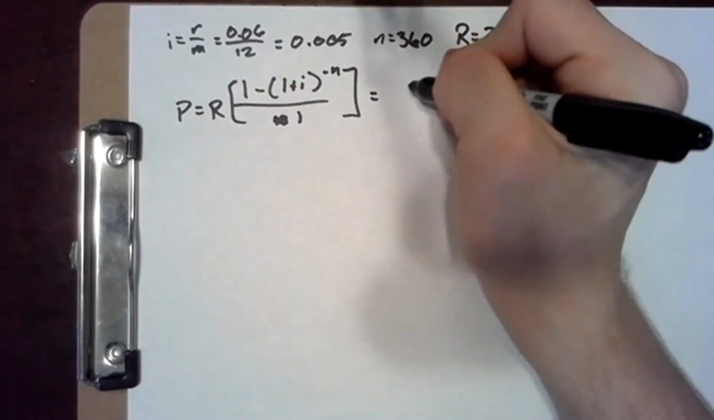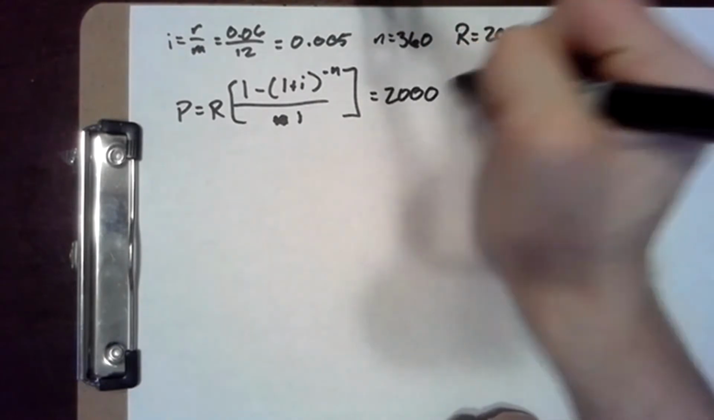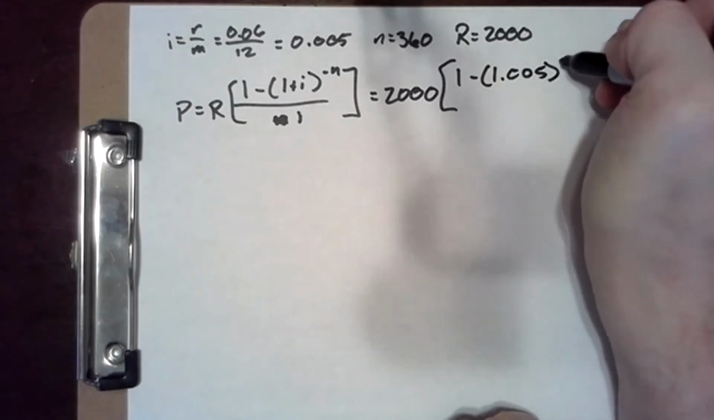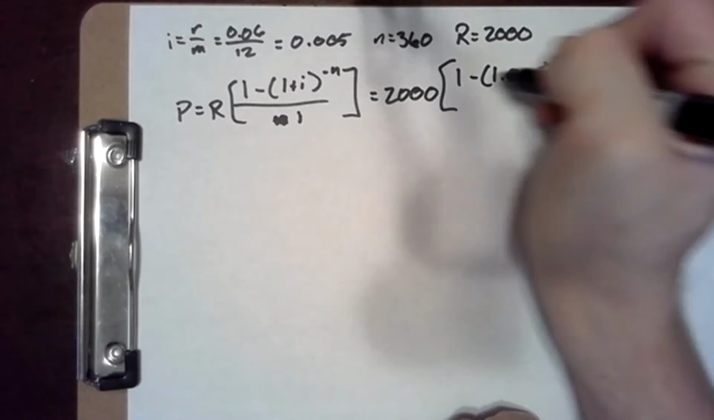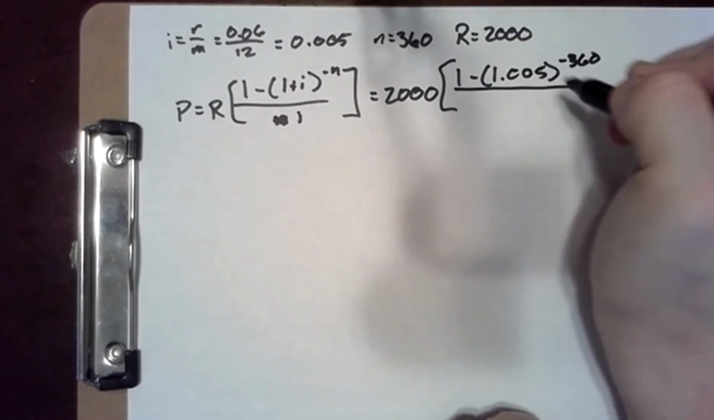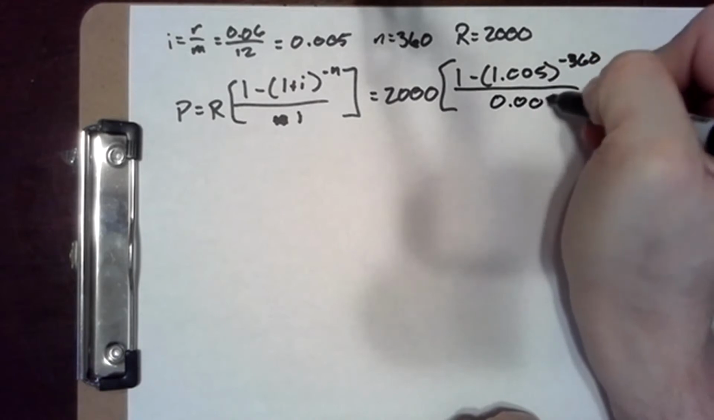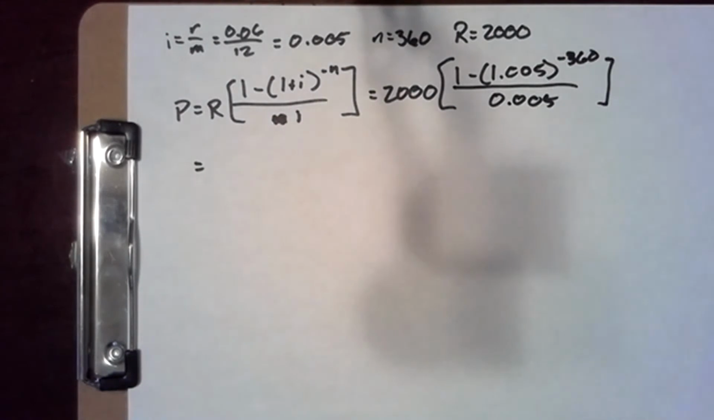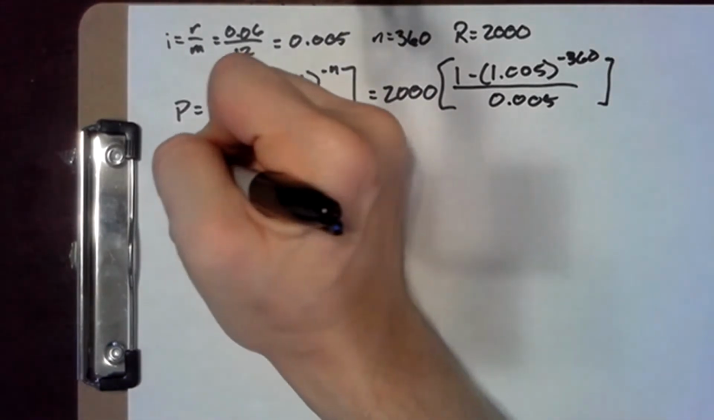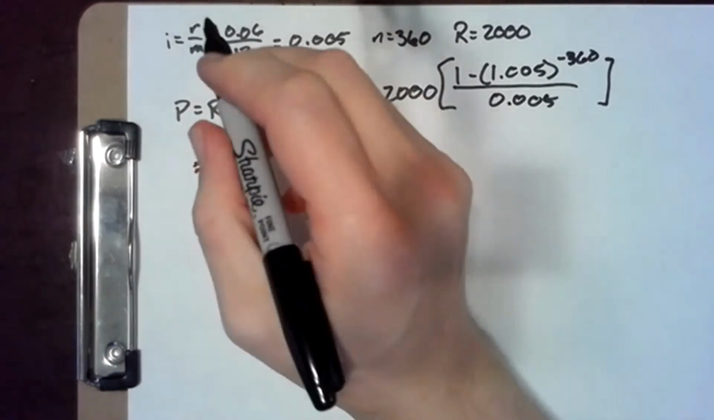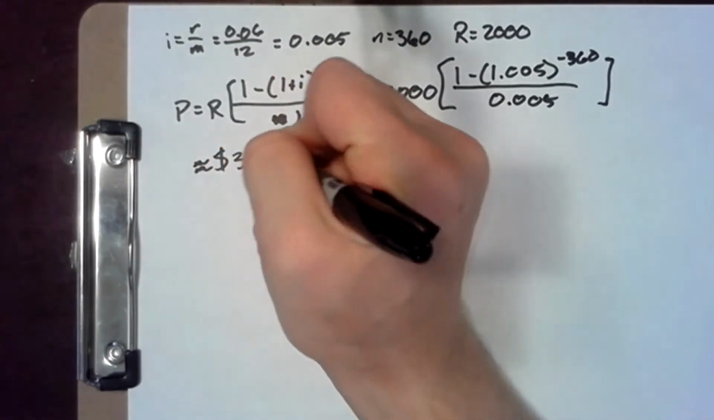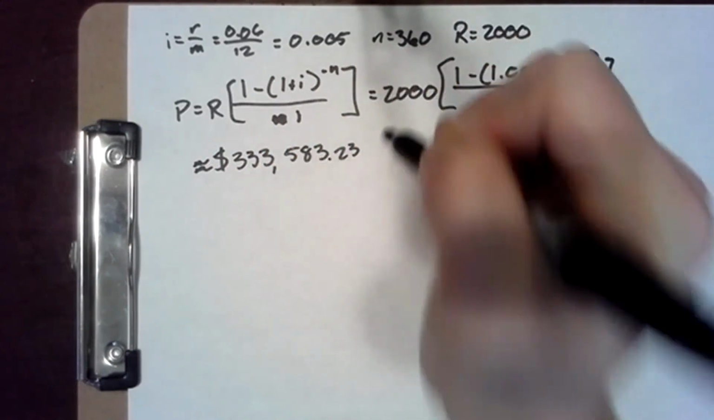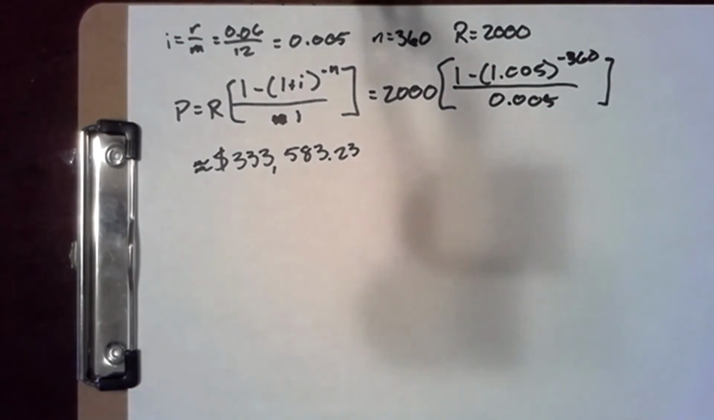So that gives us 2,000 times 1 minus 1.005 to the negative 360, over 0.005. Doing calculations from that, plugging that into a calculator, we get approximately $333,583.23. So the Jacksons can borrow at most